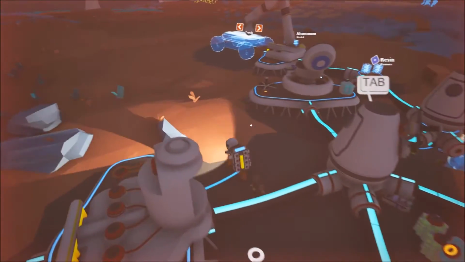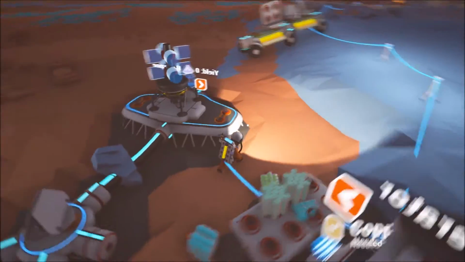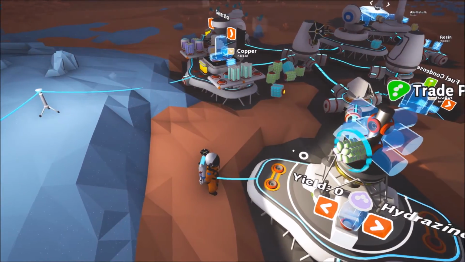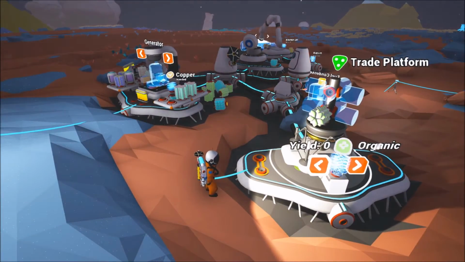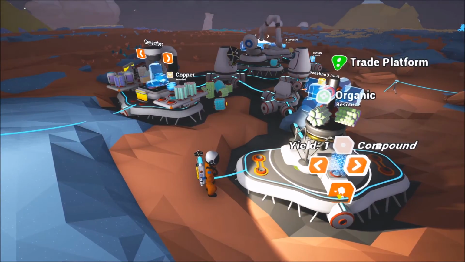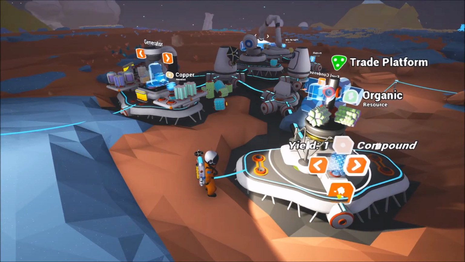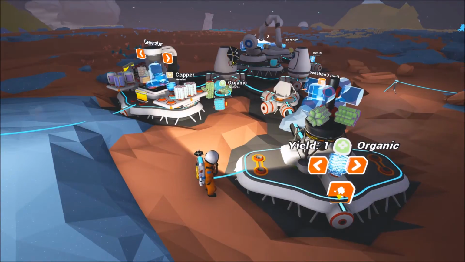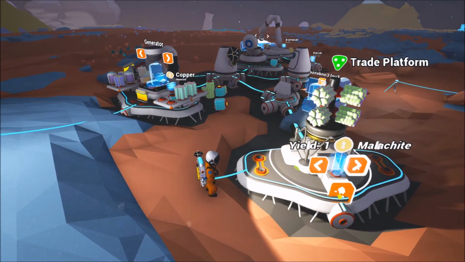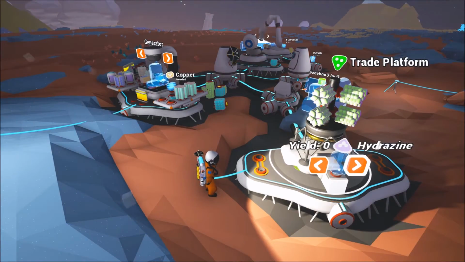That should be good. So what we want to do is... Now the question is, can we put organic on here? Yes. How much compound is one piece of organic? None. How much compound is 2? 1. Right. Okay, so I believe how this works is compound, resin, and organic counts half in terms of cost. 2 of these will give us 1 malachite and 1 laterite. Now, noting laterite and malachite is basically copper and